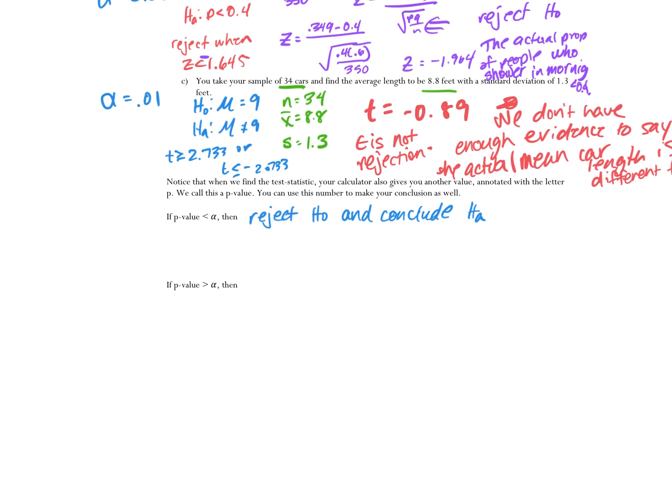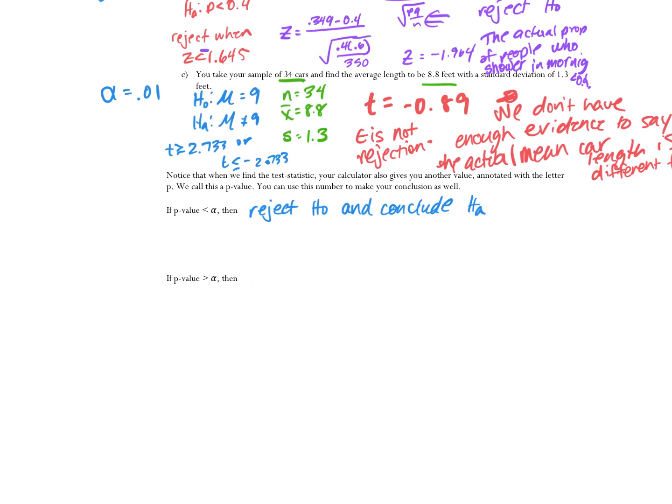If your p-value is greater than alpha, which, by the way, this is the one that's greater than alpha,